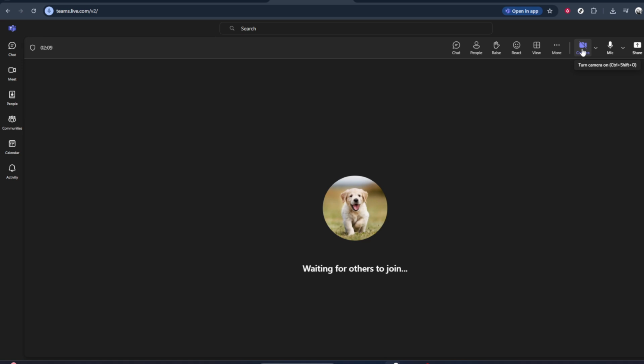If you accidentally turn your camera back on, just click the same icon again to switch it off. The camera button is a toggle, so each click moves it between on and off, and that's all there is to it. By finding and clicking the camera icon on the meeting toolbar, you can quickly